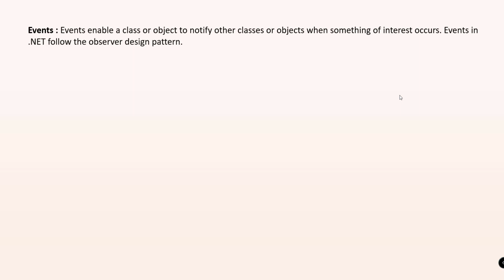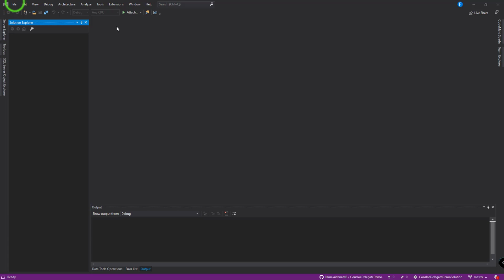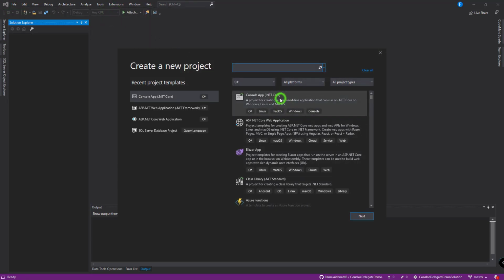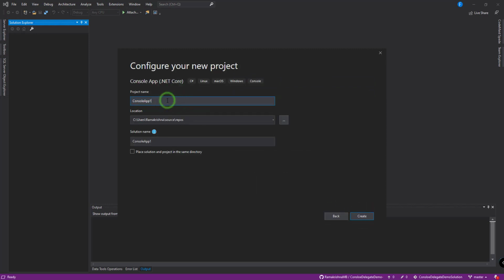So let us start. An event is a wrapper around a delegate. It depends on the delegate. Let me explain what this is. Switch back to our code. Create a new project. Let me create a console .NET application.